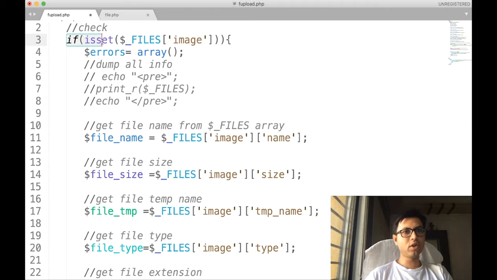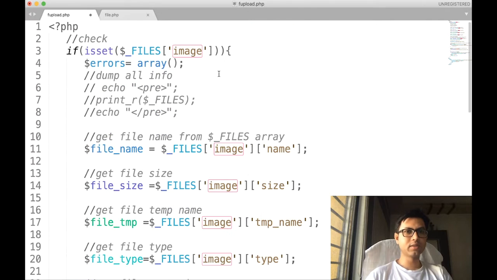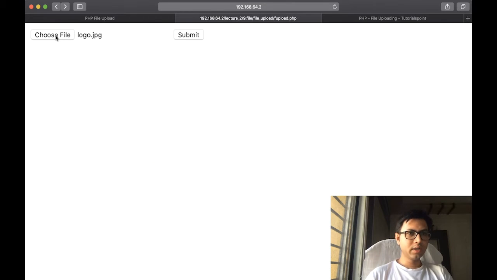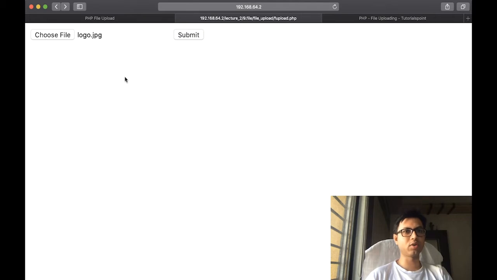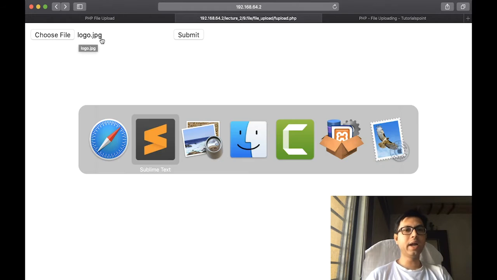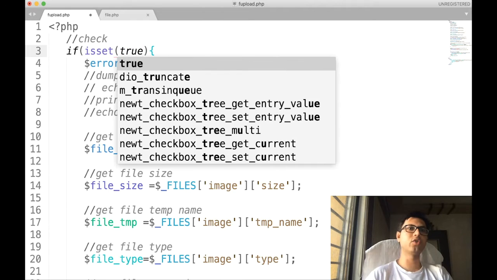So first of all, our PHP code checks whether this image field, over here, is set or not. That means, have we selected, using this choose button, any image file? If we have selected any file, then the file name must appear over here, and this code returns the answer true.